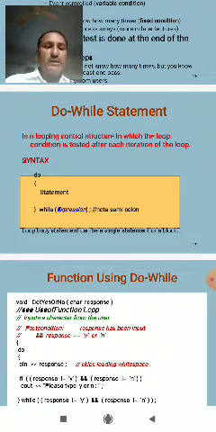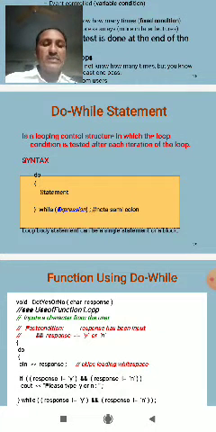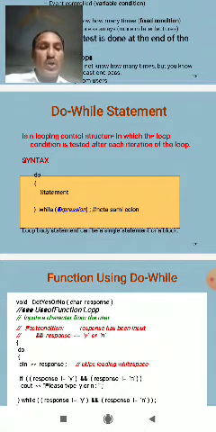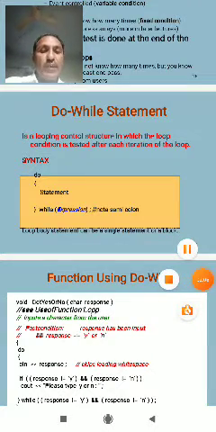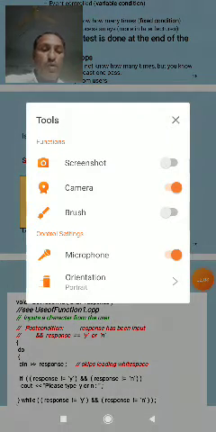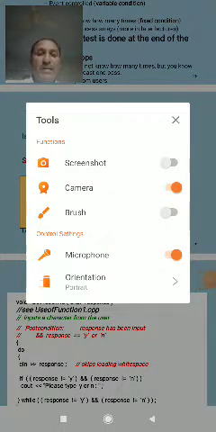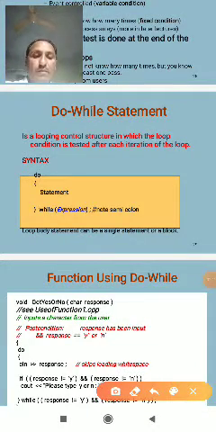While, the test condition, then we take the simple statements.